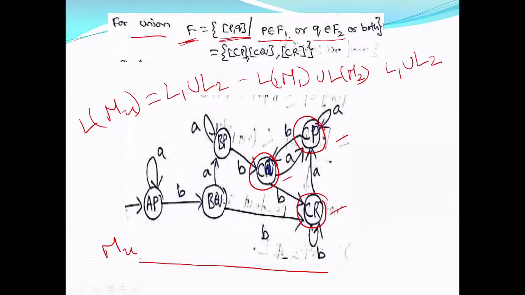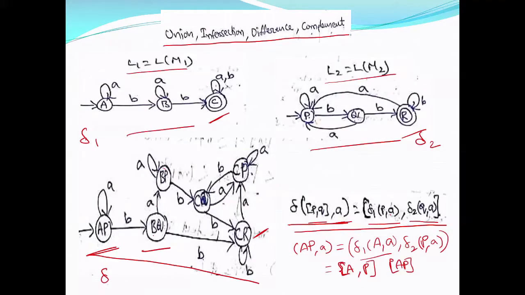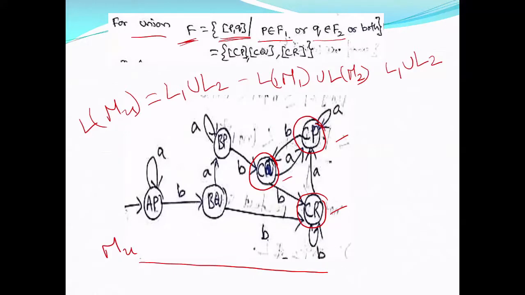If you want, you can see, suppose there is a string which is accepted by M1, for example BBA. BBA is accepted in M1, but it is not accepted in M2. You can see BBA ends in P in one, whereas it ends in C in the other. Let us see whether it is accepted. It should accept. So let us see BBA. B is going to BQ, then B, and then A. So it is coming to CP. So it is accepting. Similarly, if something is from L2, it will also accept.